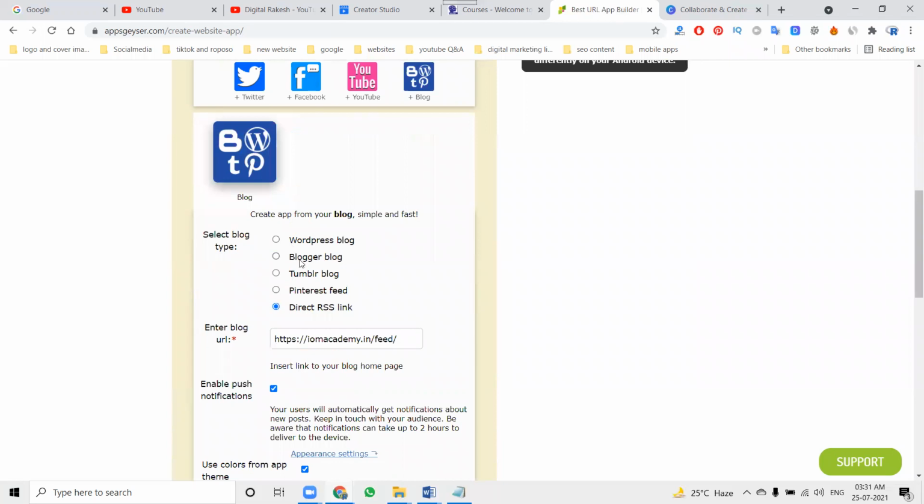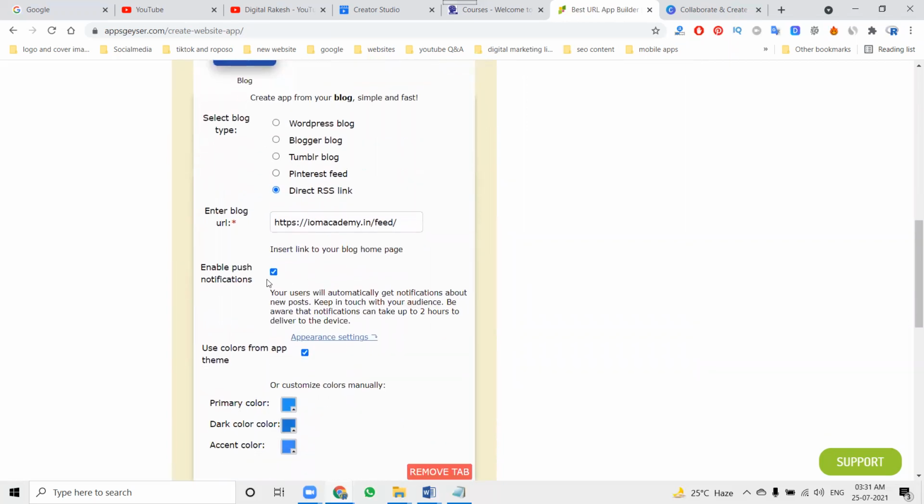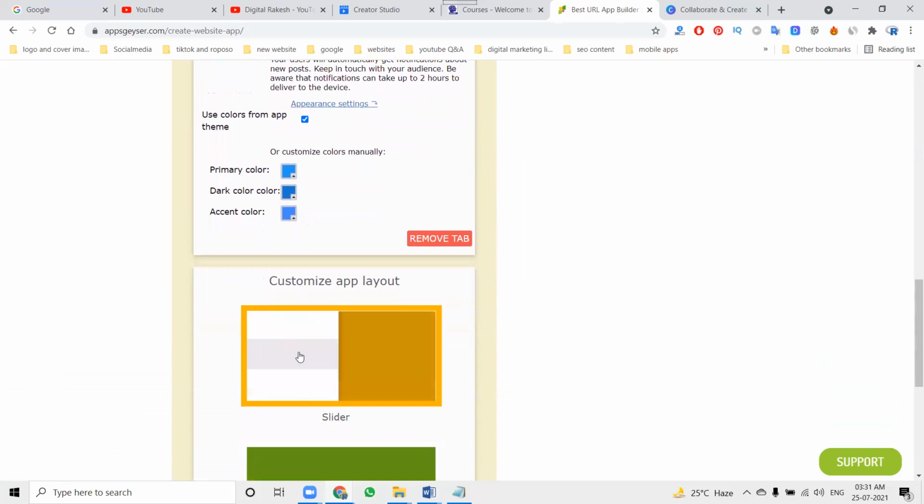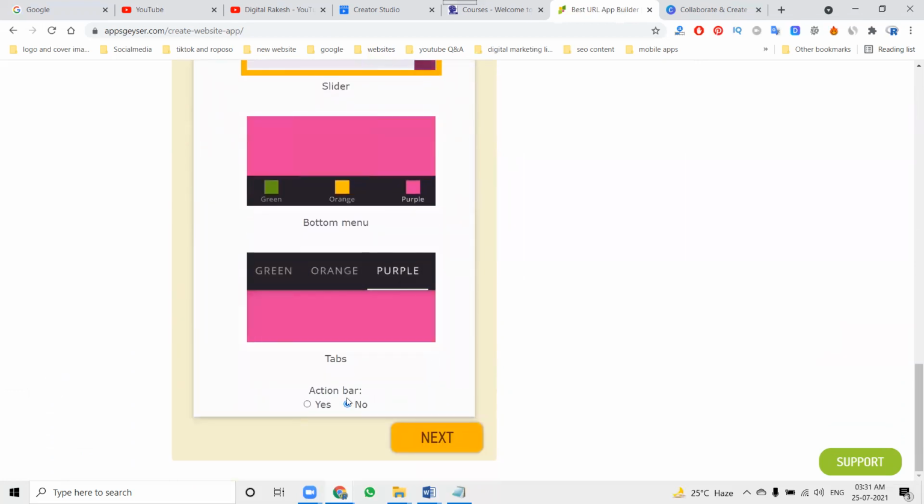Here, enable push notification, so whenever new content is uploaded, we can receive updates from the application. Then this is the theme and these are the colors. Finally, you can select the action tab color, bottom menu color and slider color. I'm selecting the common one.